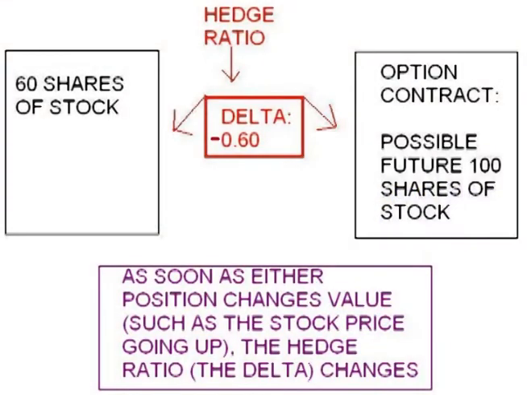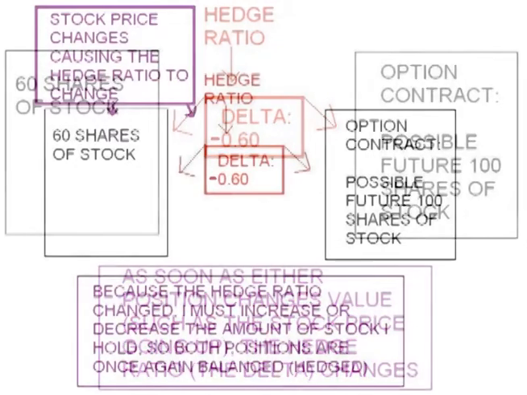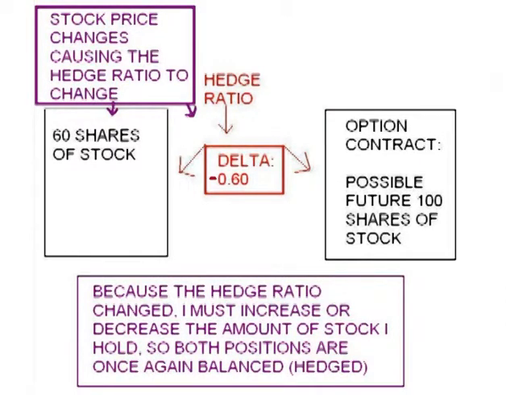If you remember from my last video, once the price of the stock does change, the delta changes as well. As the stock goes up and down in value, the delta increases and decreases. This means that once the stock price moves, a once hedged position is no longer completely hedged. To maintain a hedge, the ratio of option contracts to shares of stock must be readjusted by increasing or decreasing the amount of shares of stock, or increasing and decreasing the number of option contracts, so that the hedge ratio